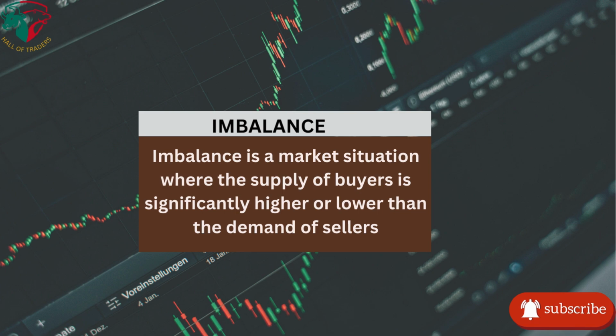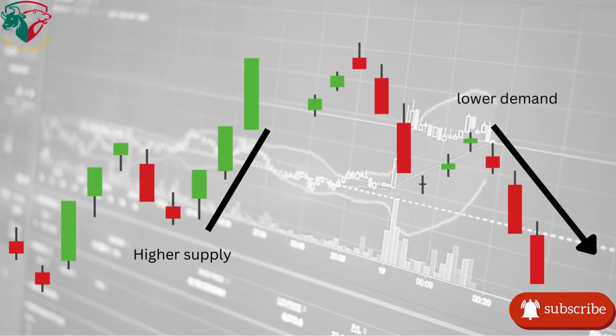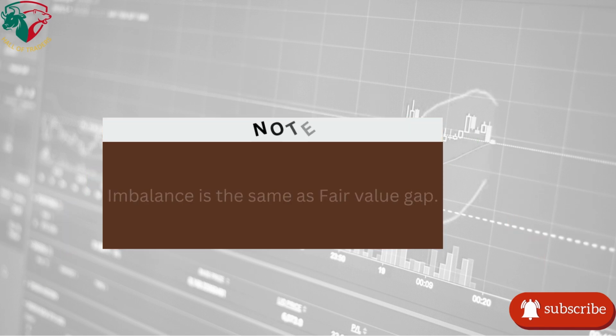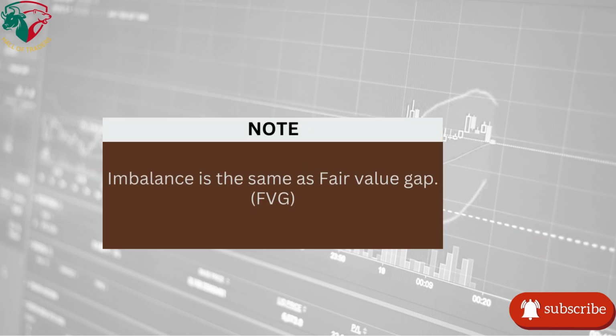Now, how can we define imbalance? Imbalance is a market situation where the supply of buyers is significantly higher or lower than the demand of sellers. This can cause the price of an instrument to move quickly towards higher supply or lower demand. Note, imbalance is the same as fair value gap, and these are the factors to be taken when marking a